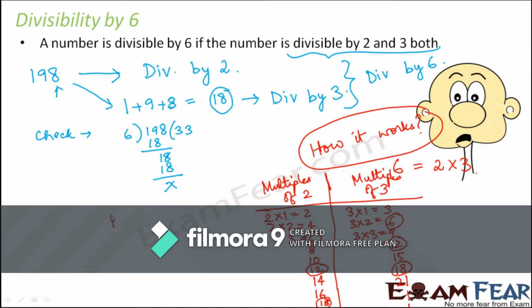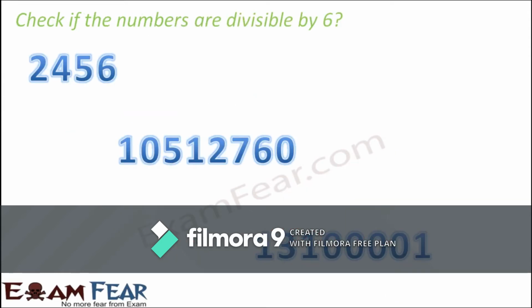These common multiples are nothing but multiples of 6. So when you actually look at the multiples of 6, what do you see? It is something like this. 6 ones are 6, 6 twos are 12, 6 threes are 18, and so on. So basically the common multiples of 2 and 3 are the multiples of 6. So a number which is divisible by 2 and also divisible by 3, that means that number is a multiple of 2 as well as a multiple of 3. So a number which is a multiple of 2 and a multiple of 3 is definitely going to be a multiple of 6. So that's the simple logic which has been applied in this case.